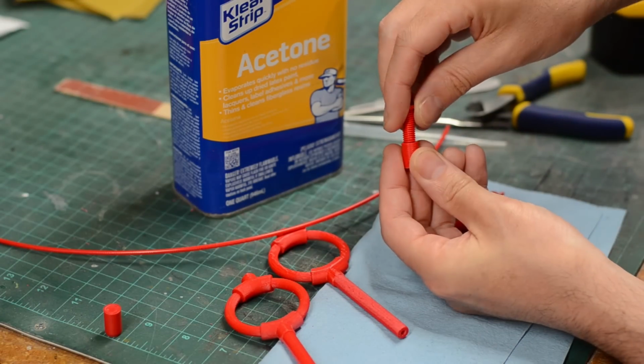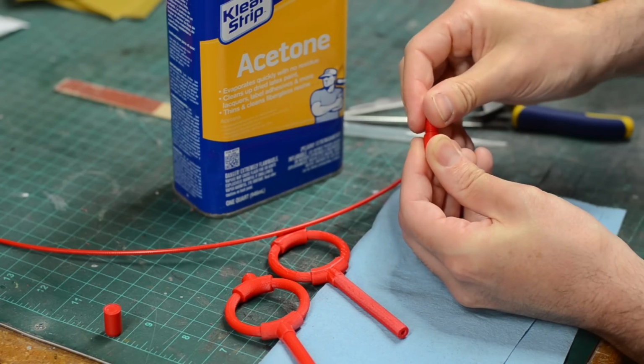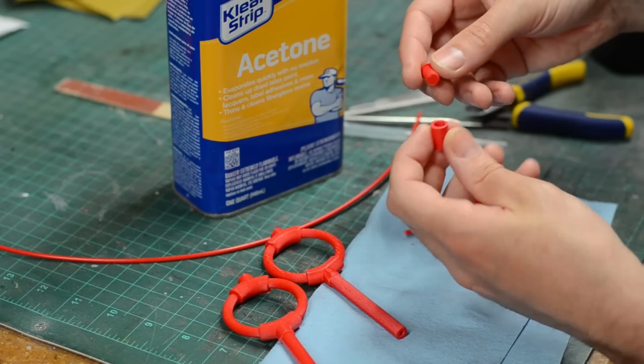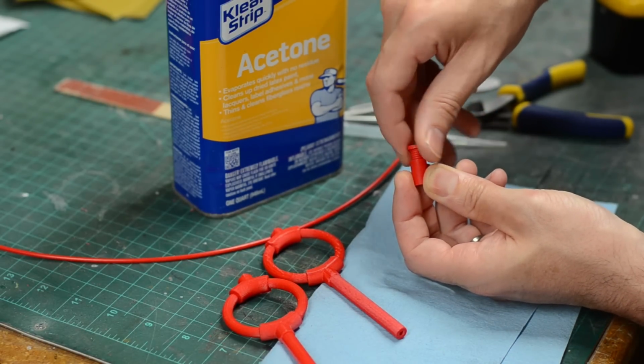First, I had to come up with a system to unscrew the antenna parts, and that included figuring out how to model screws and sockets in Fusion 360, and then I did a couple of test prints to figure out how to get the screwing mechanism to work. It took me a couple tries. I'm still pretty new to this sort of thing, but eventually I did get it to work, which was really